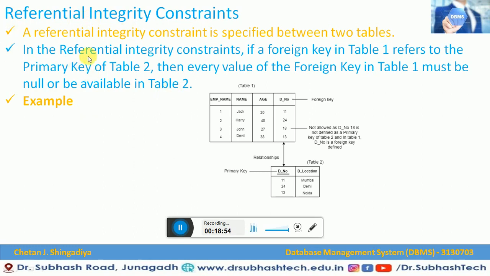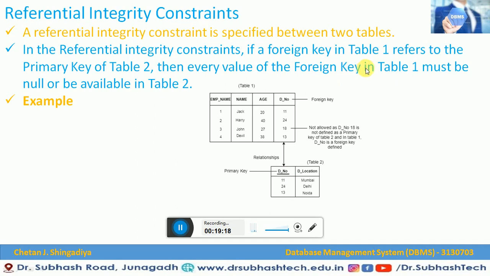Let me explain this once again. In referential integrity constraint, if the foreign key of table 1 refers to the primary key of table 2, here you can see this is table 1, and this department number represents the foreign key, which refers to the primary key of table 2, the primary key department number.